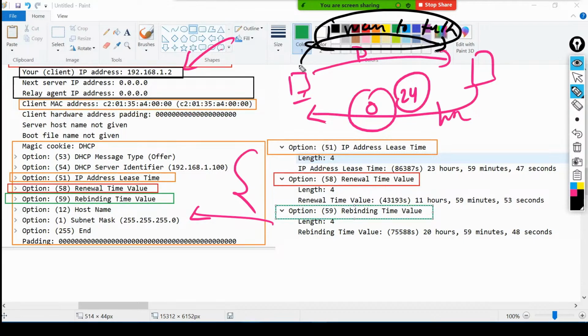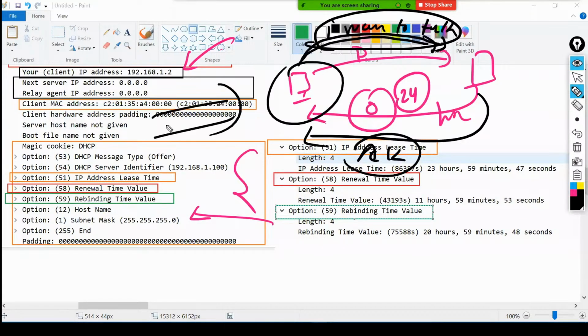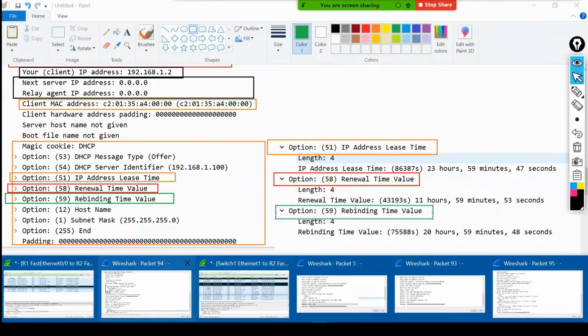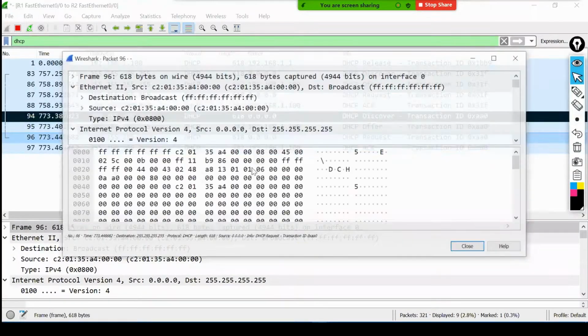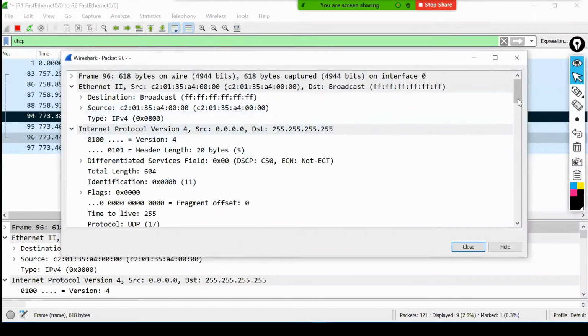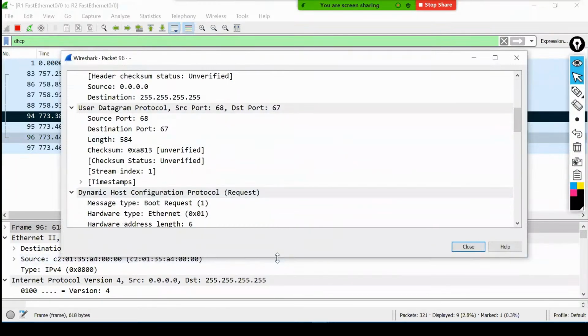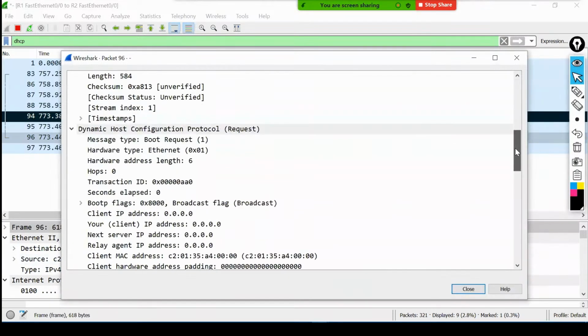So when the client says, okay, it's a request back, I want this IP address, the server will give the acknowledge. Once the client receives the acknowledge, it will allocate this IP address. So if you see now, the next packet we have is the request: hey, I need this IP address, whatever IP address you have given in the offer.